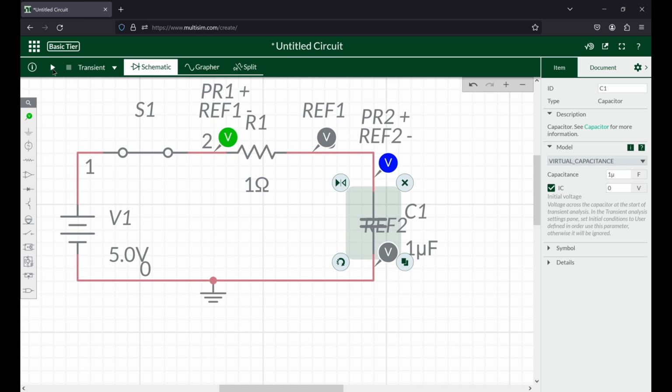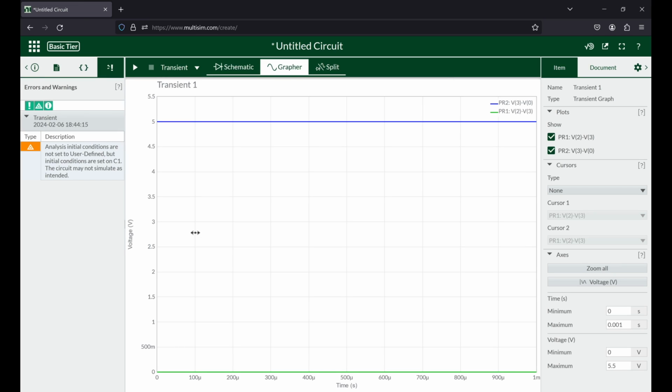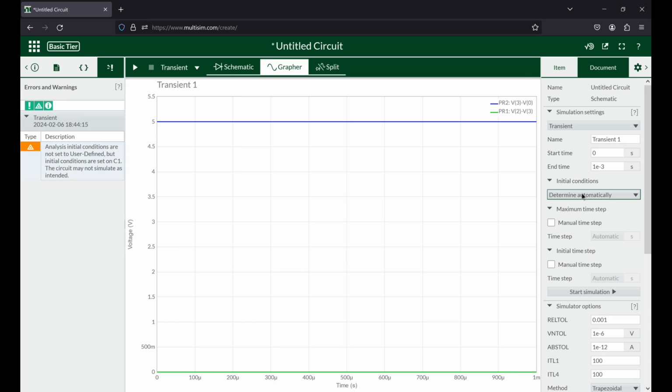So if I run this again, it gives me the same result, but also a warning, right? The analysis initial conditions are not set to user defined, but initial conditions are set on the capacitor. So the circuit may not simulate as intended, which is correct. For transient, we also need to, instead of determining the conditions automatically, I want them to be user defined